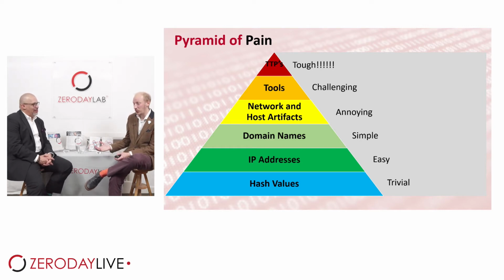And then tools. What tools are you using? If you've done a good job hiding your network and host artifacts, and my IDS can't detect the C2 beacon because it looks like legitimate traffic, because I'm masking, encrypting and so on, then it becomes a really important process to do that, and you're not going to find the tools. And then getting to tactics, techniques and procedures: understanding the operational model of an attacker, how they're funded, what happens to the data, what their process is, what tooling they use, what their attack model is, how they move on.